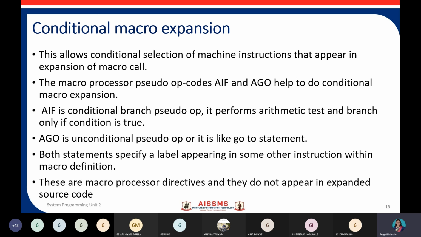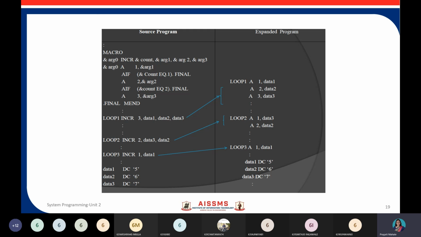To understand it more clearly, you can have a look at this example code of a macro. Here you can see we have defined a macro and you have arguments passed to this macro, right? Now in the macro body, AIF, that is the if statement, indicates a condition that if the counter equals 1, then it will go inside the loop. The second AIF condition is counter equals 2, then it will go to final.